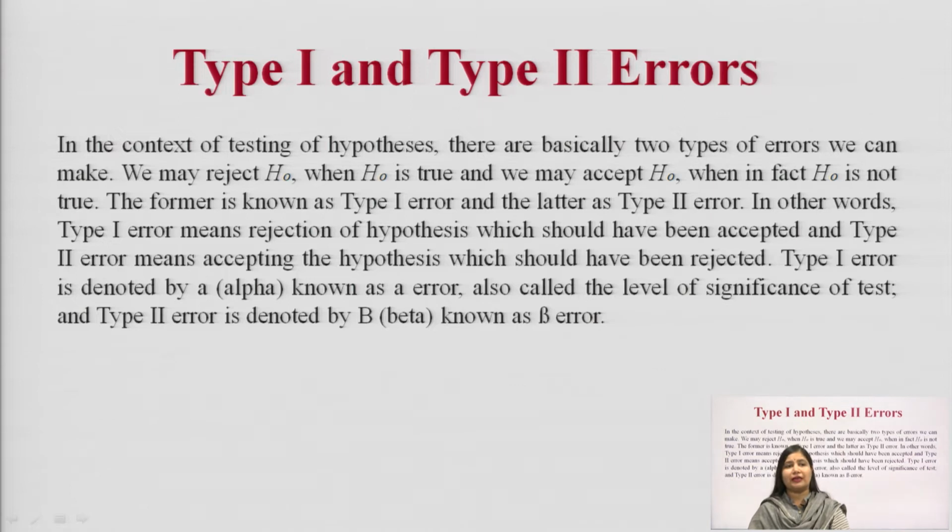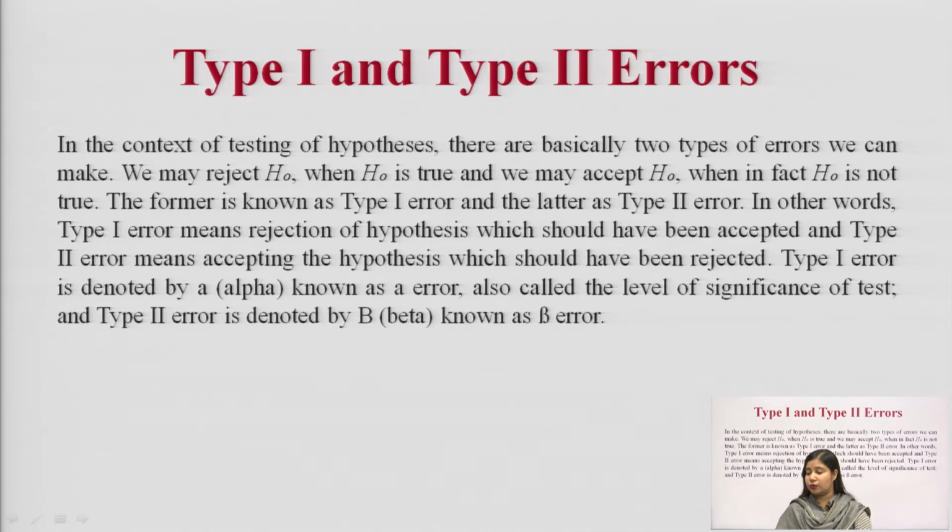So what is basically the type 1 and type 2 error? In the context of testing the hypothesis, there are basically two types of error which we can make. First, we may reject the null hypothesis when the null hypothesis is true, and second, we may accept the null hypothesis when the null hypothesis is not true. The former is known as our type 1 error and the latter one is known as our type 2